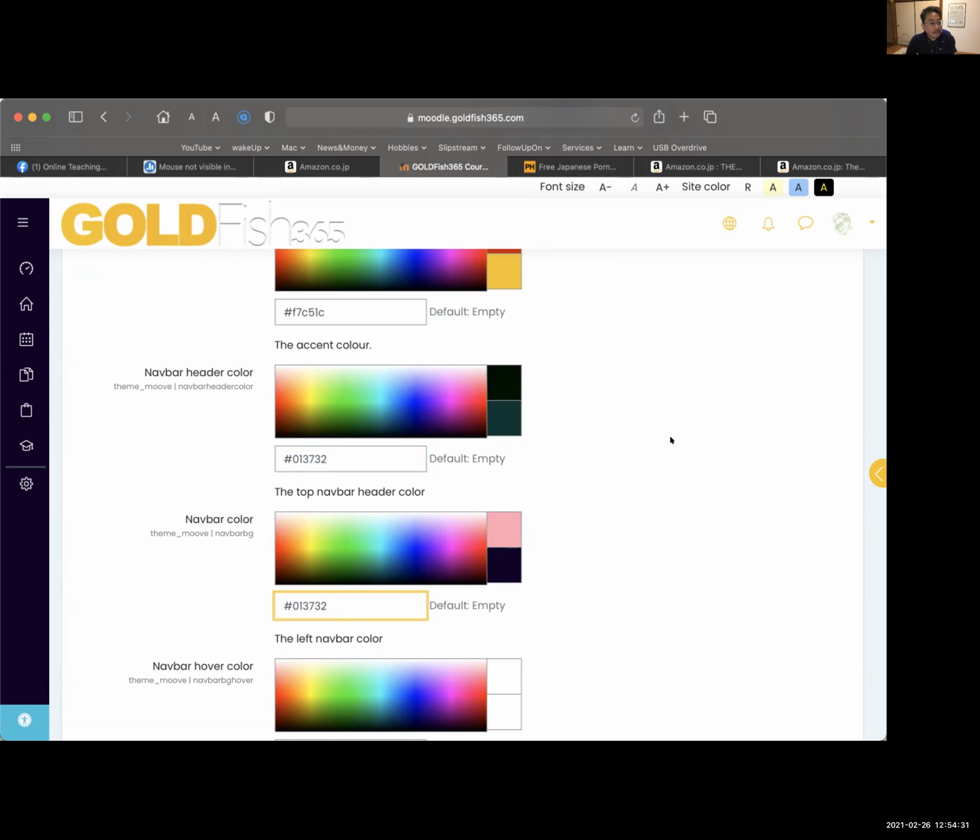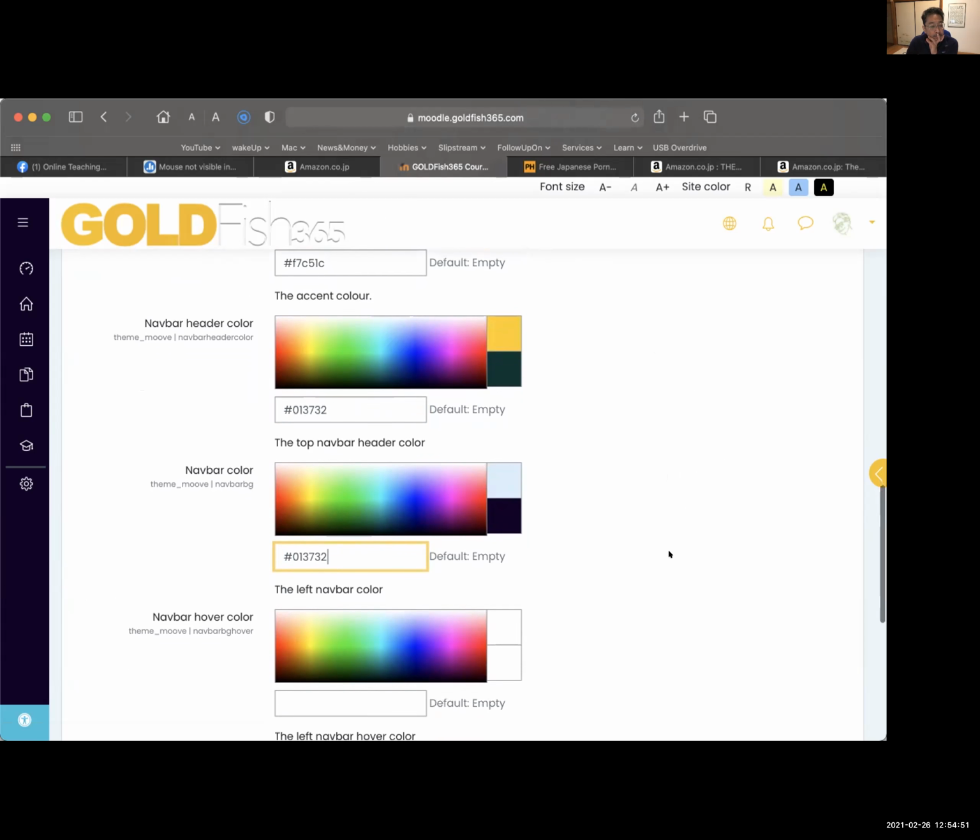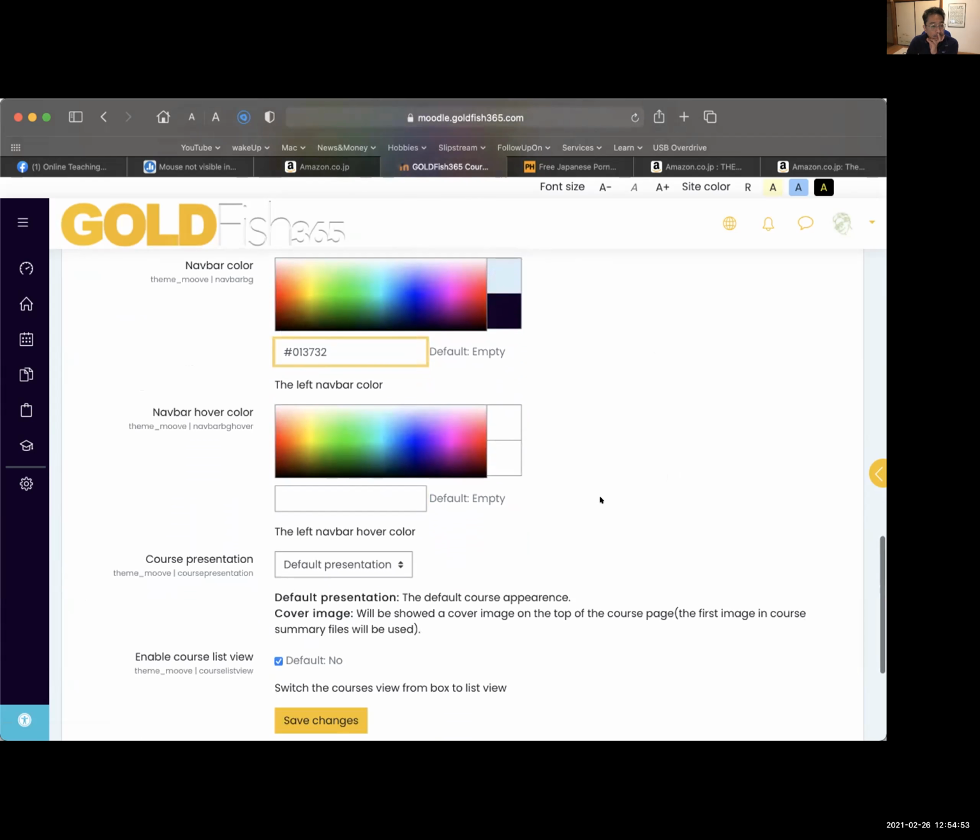together. But okay, by the way, which navbar color is this one? You see how there are two navbar header colors. The top navbar header color, that's that one, and the left one is the one on the left. Got it. Yep. Okay. And further down, you have the option, on the left-hand side, when you hover